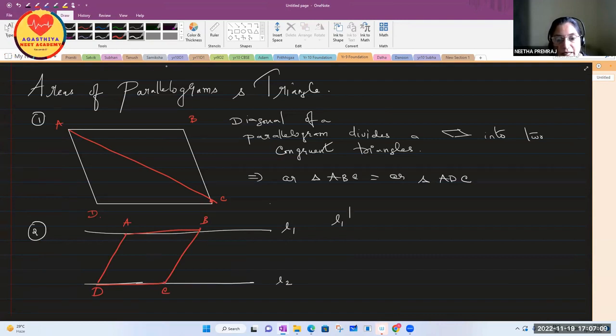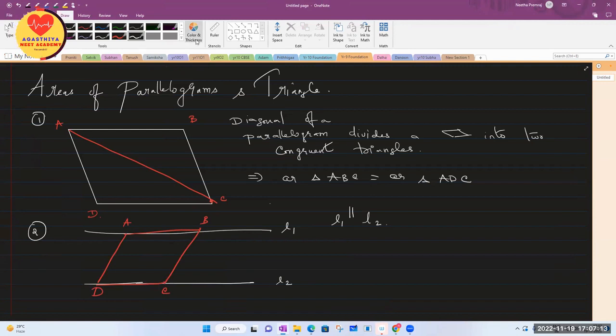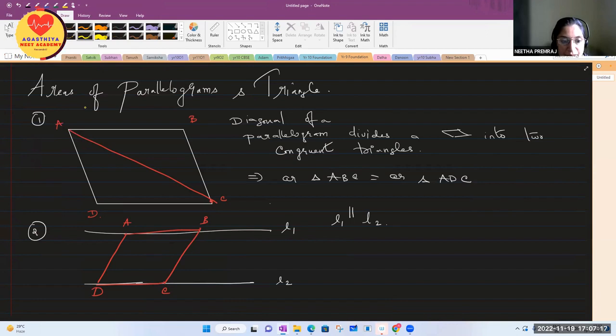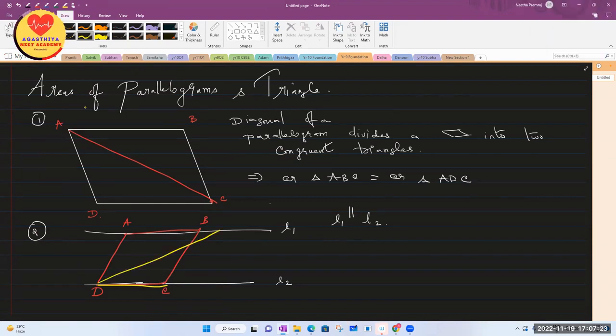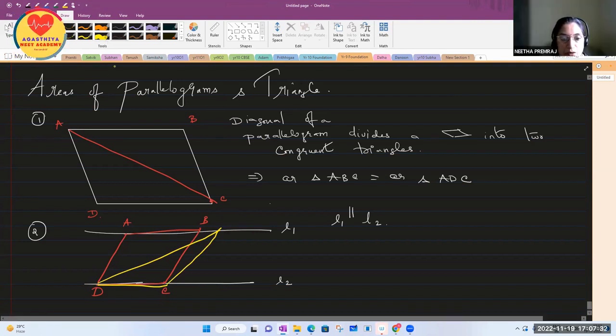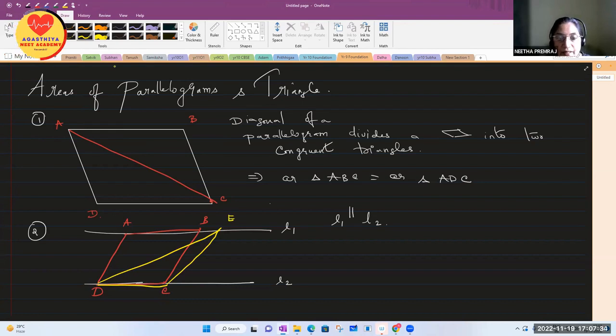L1 is parallel to L2, this symbol denotes parallel. And there is a triangle with the same base. I name it as E. The area of the triangle here, if you see,